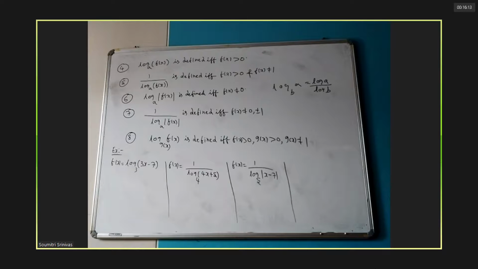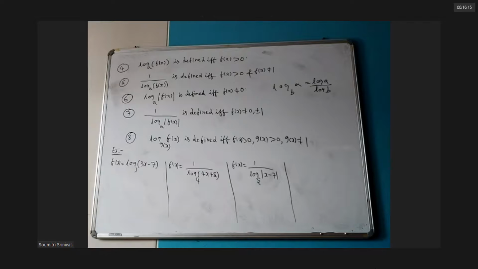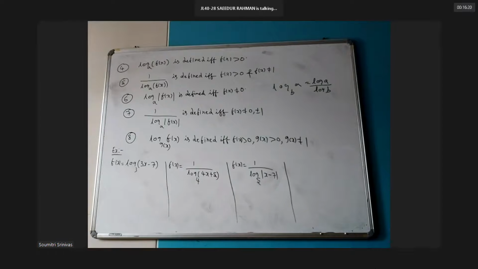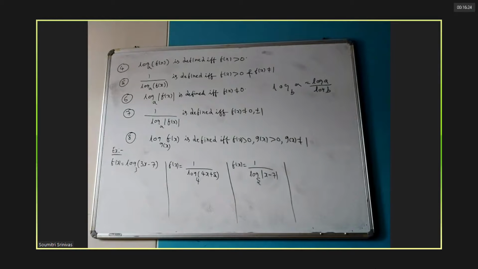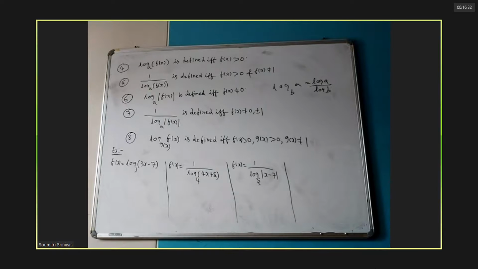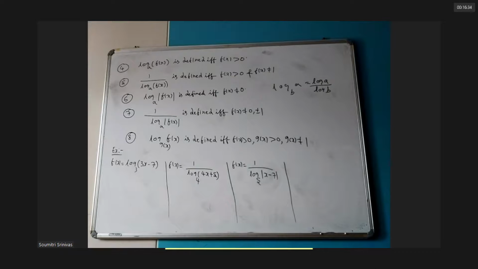Sir, first one: open interval 7 by 3 comma infinity. Sir, 3x minus 7. मुन्ना 3x है। Yes, sir, 3x है जी वो।